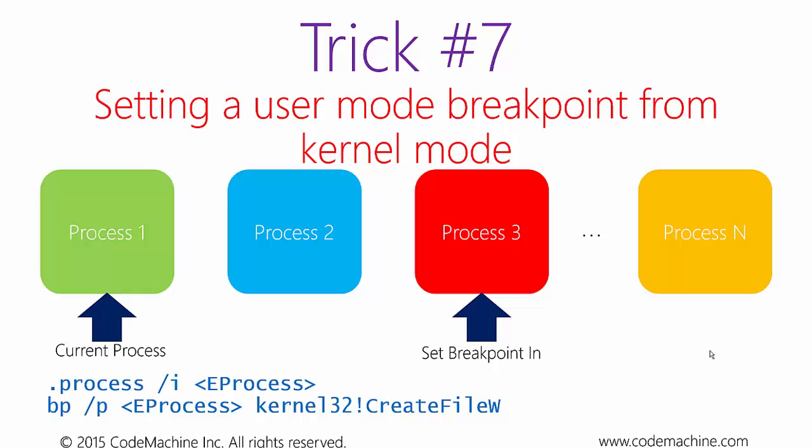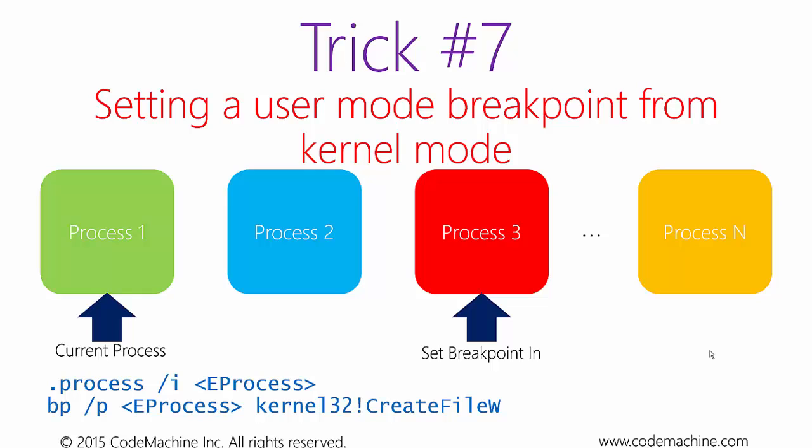When we break into the system using a kernel debugger, the current process context from the debugger's perspective is whichever process happened to be executing on the CPU at the time when the debugger broke in. This is not necessarily the process that we want to set the breakpoint in. For example, as shown on the slide, process 1 may be the current process that the debugger initially breaks into,